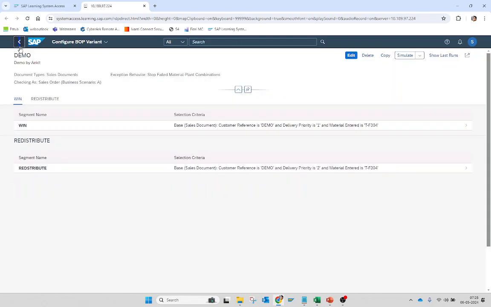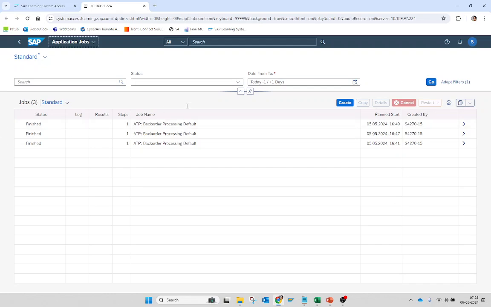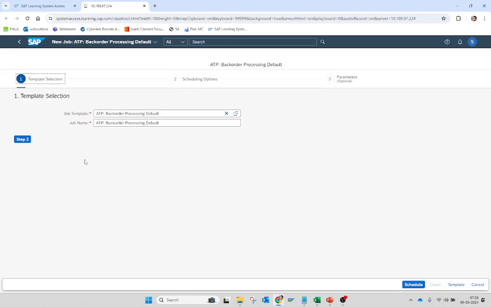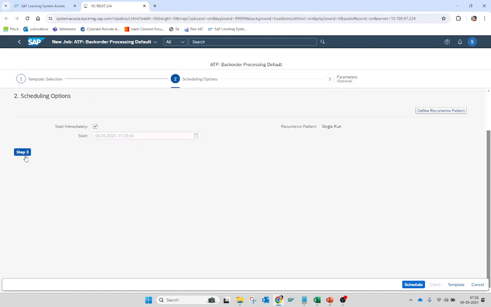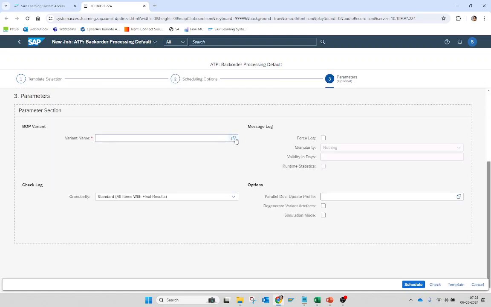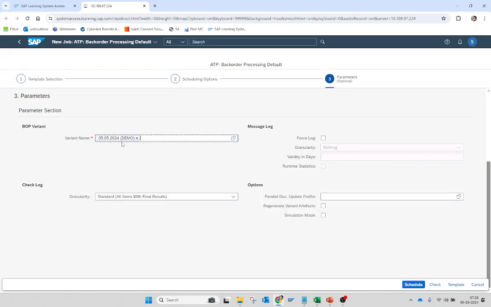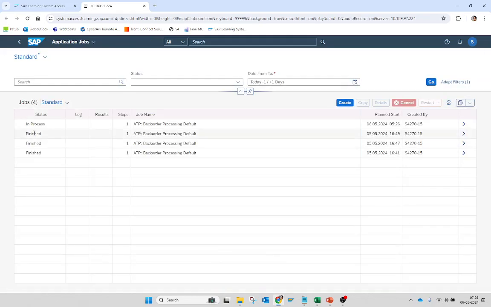So now in order to carry out such changes, let's do our BOP run quickly. So we need to create a batch job. I have kept it start immediately. I can also schedule it and make it a recurring job. I already have my BOP variant, so I will just assign it here and I will schedule it. So the BOP run has been